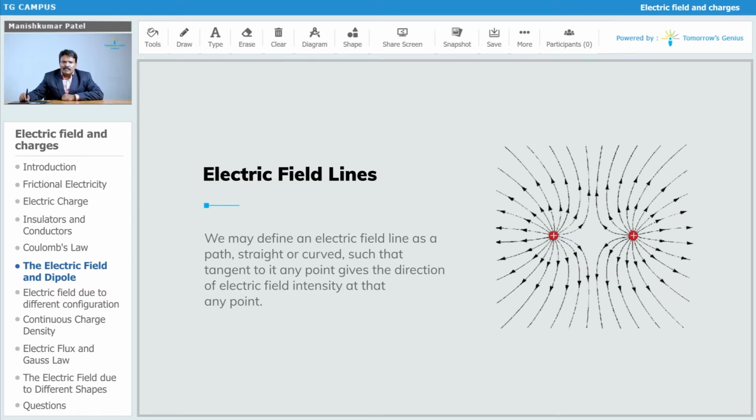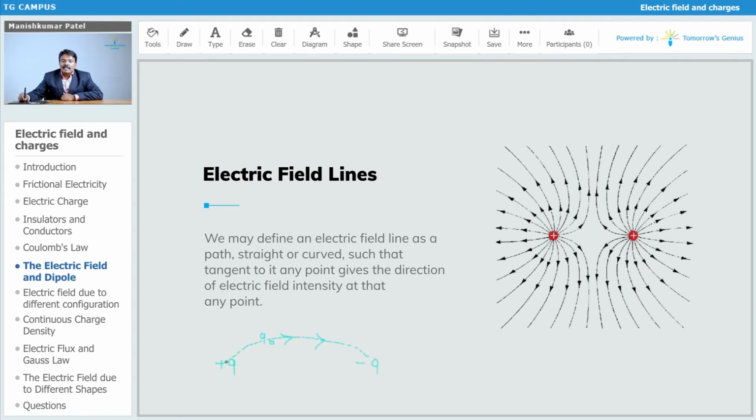Again the same thing, from the explanation point of view, let this be your charge q, and I place another test charge, that is q naught. When I try to bring this q naught towards this q, obviously this q will repel it. Again assume that I have another charge, minus q. So this q naught will follow a certain path and reach towards this minus q. The path followed by this test charge is what you represent as the electric field lines.